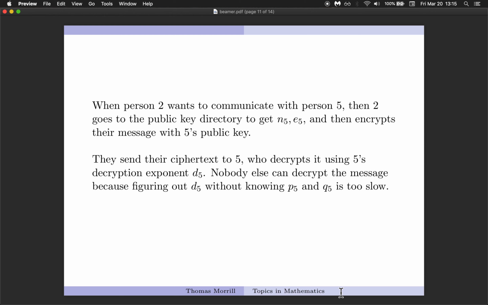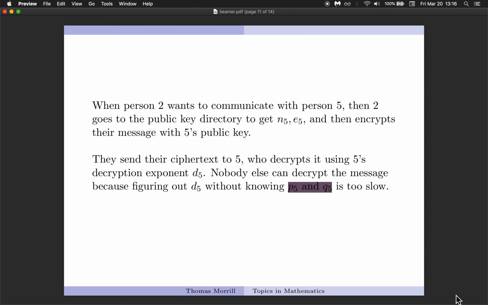Nobody else in this system can decrypt the message unless they have D5, and as long as person number 5 has been practicing good security and kept D5 a good secret and kept particularly their primes P5 and Q5 a secret,